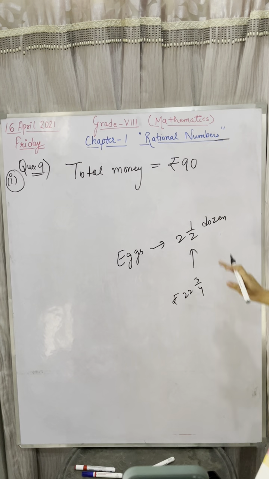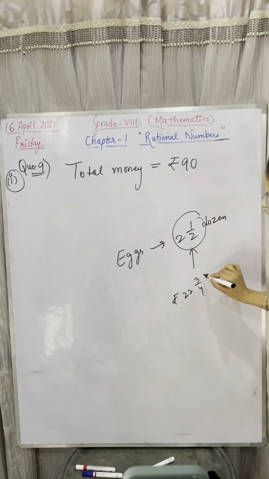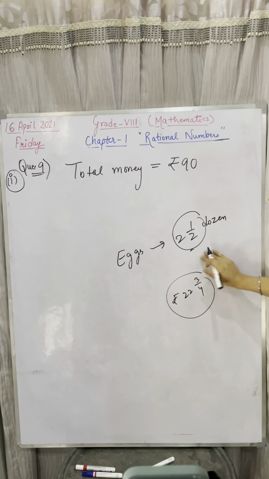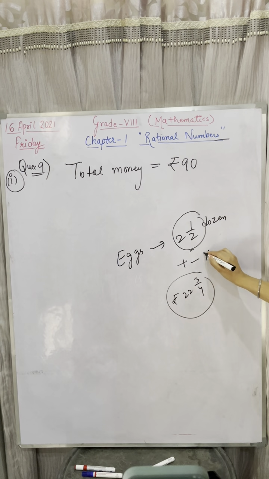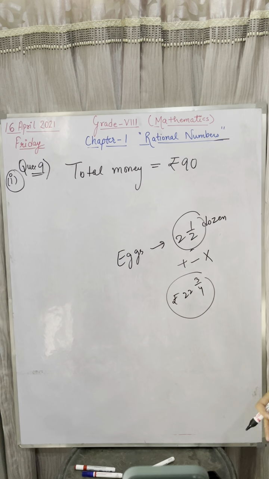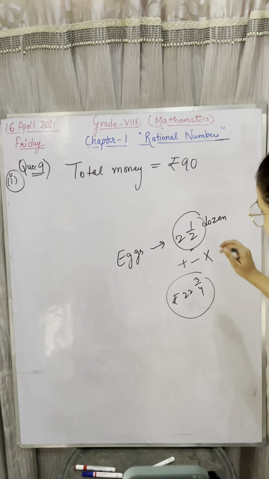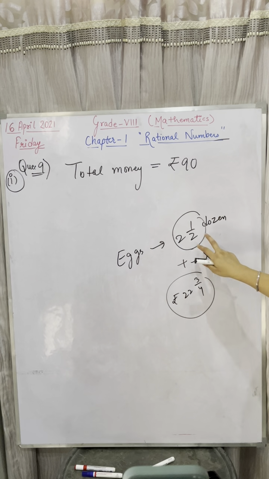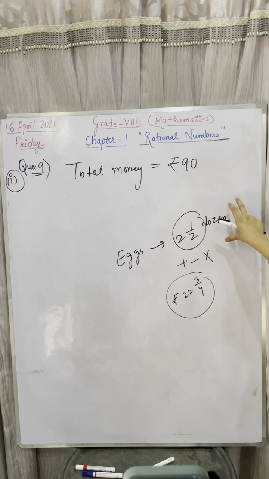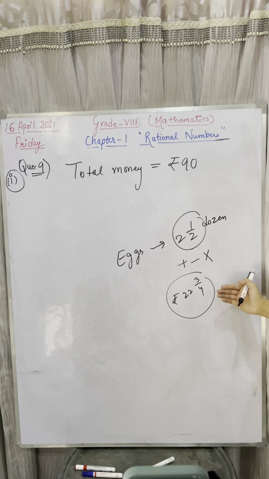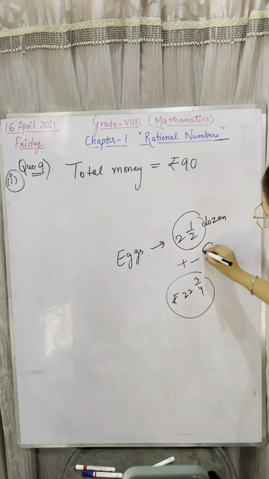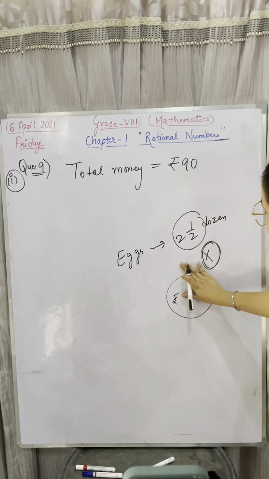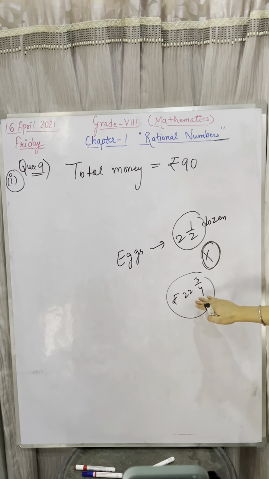So what should I do first of all? With this fraction and this fraction, should I add both, subtract, or multiply? Quickly, what should I do? Very good, because we have solved this before. Whenever this kind of fractions are given in the paper, when this many dozen or this many kg is given, and some amount of money is paid, you always have to multiply. Kg, dozen with the rupees, you always have to multiply.